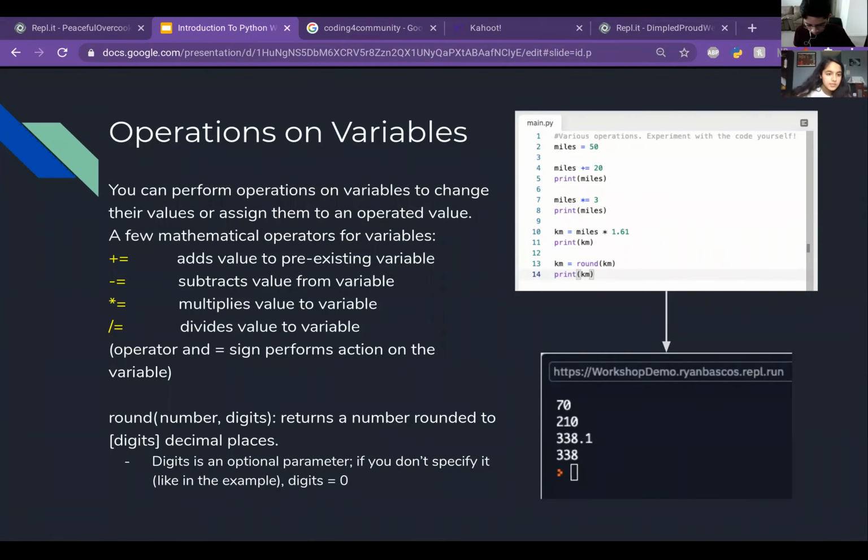Subtraction, you can apply the same method, and you can use that for division and multiplication. You just have to put an equal sign at the end. And that can work for other operators as well, such as mod, all right? You just need to put the equal sign. So for example, here we have miles times equals 3, and when you print miles, you get 338.1. Yeah, I think, yeah. Oh, sorry, 210, sorry about that. And when you do kilometers, miles times 1.61, you get